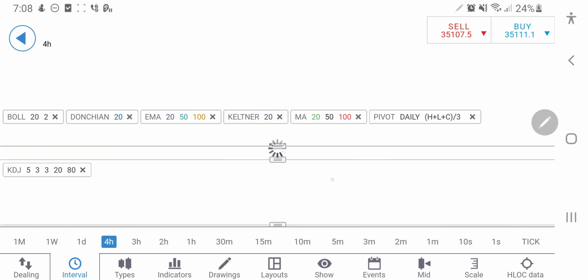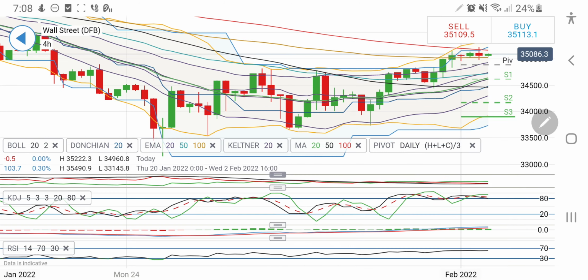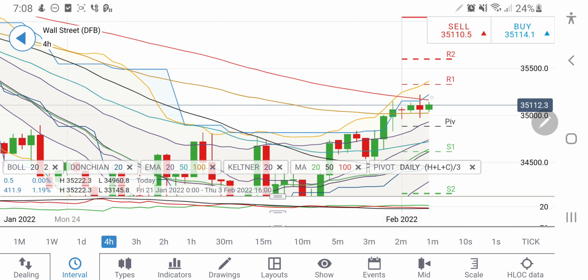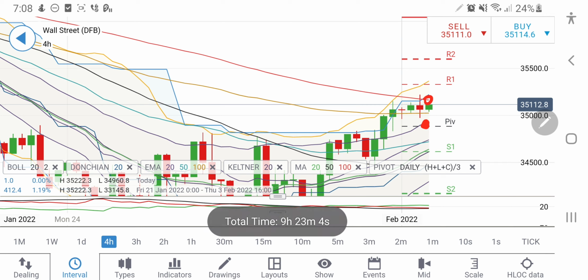And on a 4-hour chart, coming back to the 4-hour chart, you will find that there is a little resistance here from the 100 period moving average coming into picture at 35,150 levels, and beyond that it will rise towards 35,180, 220 and 250 levels. On the downside, there is a support coming into picture at 34,900, which is going to prove a stronger support